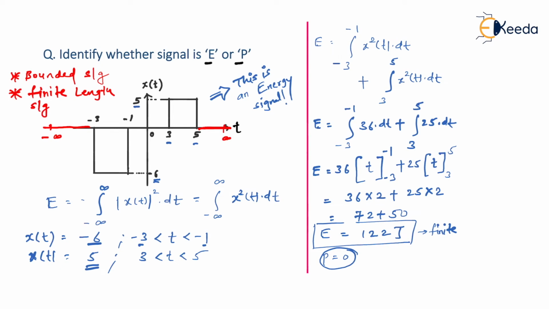or finite duration signal. If the given signal is bounded in nature, with respect to amplitude, and also a finite length signal, that is a finite duration signal, then definitely the given signal is an energy signal. I'm sure you got my point. First of all, it has to be bounded in value. Second, it should be finite in length, that is a finite duration signal. In those cases, the given x of t signal is always an energy signal for sure. So I request you to note down those things. At the end, we will summarize all the things and write a final conclusion.